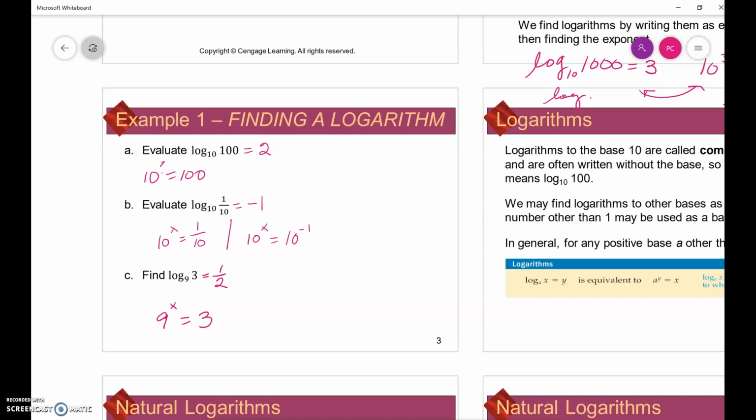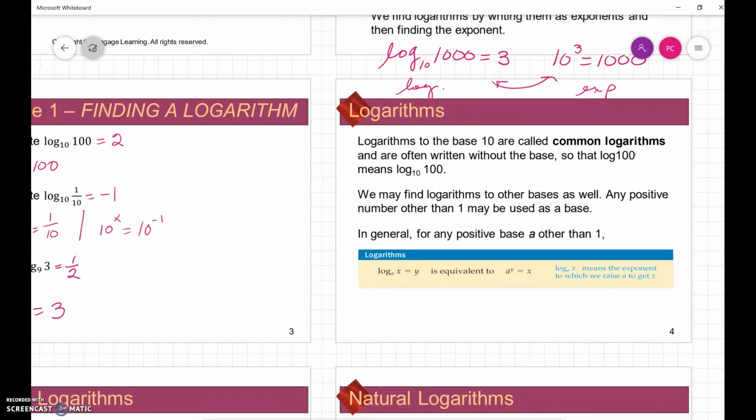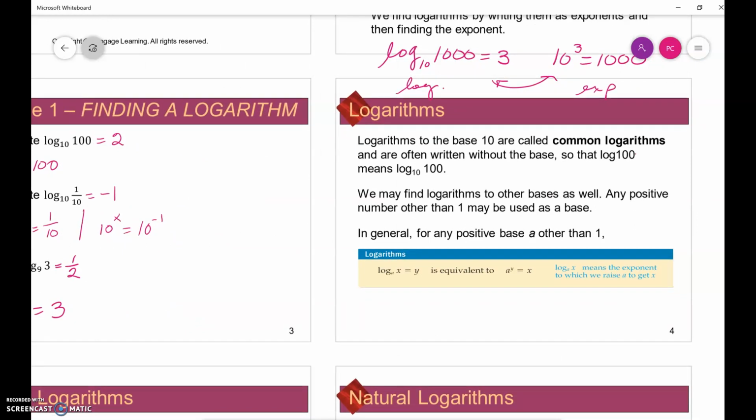On this next slide, we see that logarithms to the base 10 are called common logarithms and are often written without the base. So log of 100 actually means log base 10 of 100. And we may find logarithms to other bases as well. Any positive number other than 1 can be used for a base. So in general, if we have log base a of x equal to y, that is the same as a to